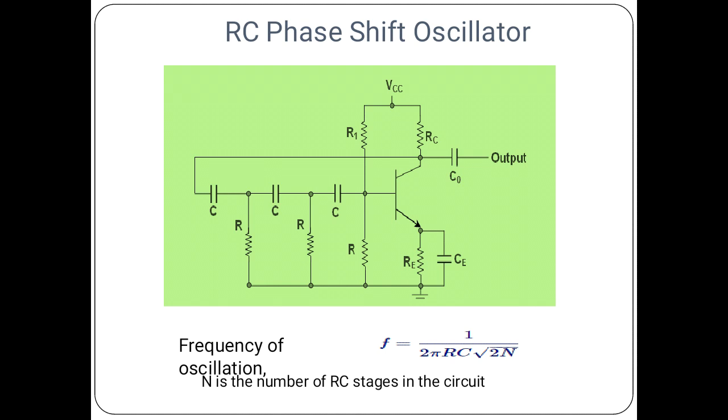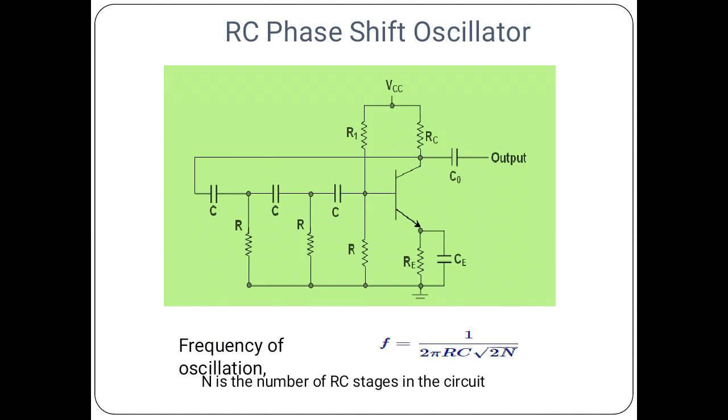Generally, a simple RC network is expected to have an output which leads the input by 90 degree. Mathematically, the phase angle of the RC network is expressed as tan theta is equal to Xc by R, but the capacitor used in the circuit cannot be ideal, so we cannot get the 90 degree. So the values of R and C are adjusted, and the angle produced by each RC pair is changed to 60 degree. Therefore, 3 into 60 degree, 180 degree.